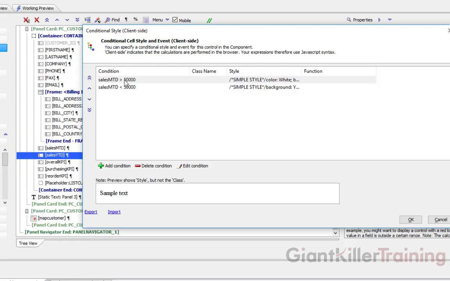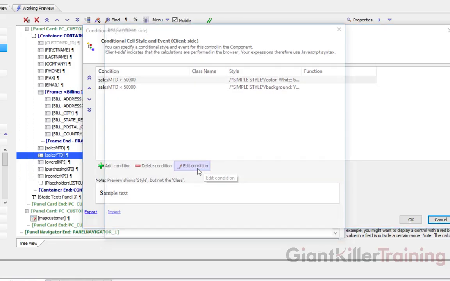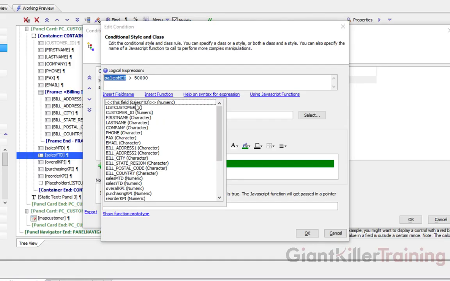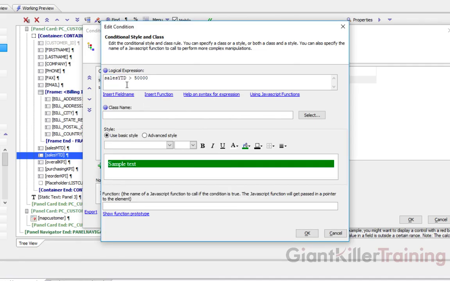year to date. So the first thing I'm going to do is click and edit that condition by selecting it and click Edit Condition. In here, I can then either manually change it or I can highlight the sales month to date, because we don't want to look at the sales month to date field. We want to look at the sales year to date field. And then click Insert Field Name and select this field, Sales Year to Date. So all we're doing is changing that text from sales month to date to year to date. And since the sales year to date is a little larger, I'm going to adjust that to say $500,000 a year. So sales year to date, 500,000,